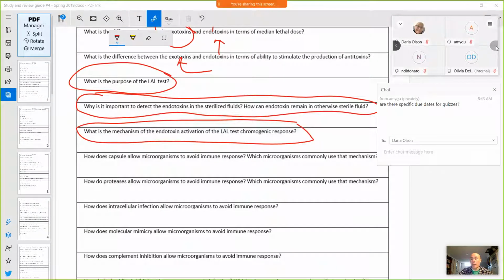Any comments, anything that is not understood? Darla, I'm going to unmute you for a second. Are we doing all right? Oh yeah, very good. Amy? Doing fine. Okay. Nicole, welcome. Are we doing all right? Yep, we're good. Awesome. If I didn't unmute you, you can unmute yourself, like Olivia or Amanda. If you want to say something, don't hesitate. Or you can just write into the chat.